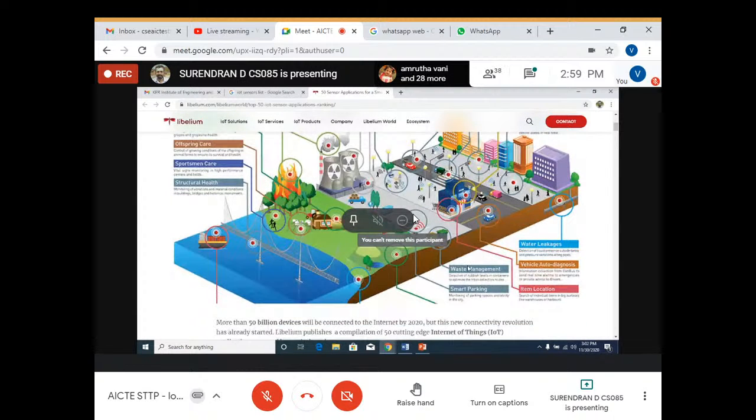Now, waste management. Supposing many of you are professors, and your colleges may be asking you to submit some research proposals, this is the very thrust area wherein you can